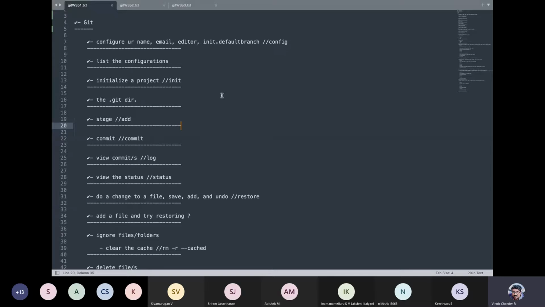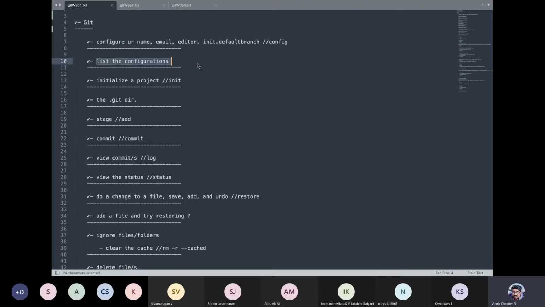Okay, so resuming, we saw how we can list the configurations using the hyphen hyphen list option. All the configurations that you have done, you can list out. And as I've already said, you can probably recall, there are three kinds of configuration that you can do. We have done a global configuration. You can do configuration at the system level, at the user level, and on a project level as well.